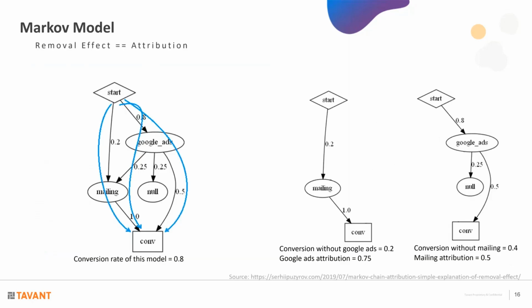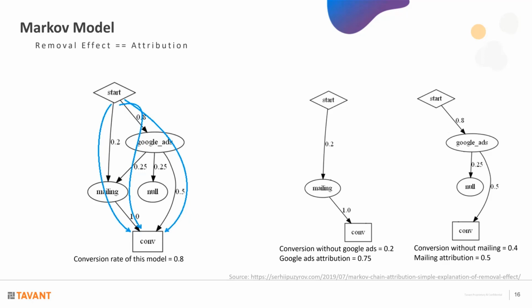Through this graph, you can actually find all possible paths from starting point to conversion, and then traversing those paths, you can multiply the probability of making that transition to give you the overall probability of going from starting point through that path to conversion. And then you can add up such probability across all the paths that lead from start to conversion to come up with the overall probability of conversion happening by looking at all the paths and their probability of actually leading to conversion. So in this particular example, we see 3 paths which lead to conversion, and the overall conversion probability in this particular small toy graph is 80%.